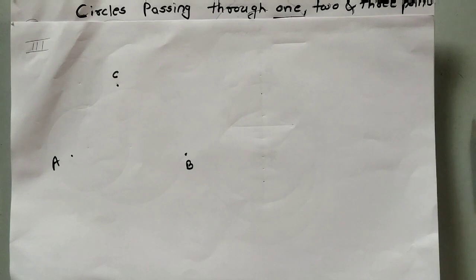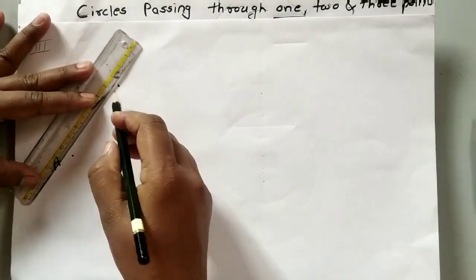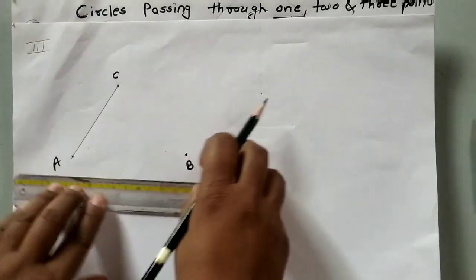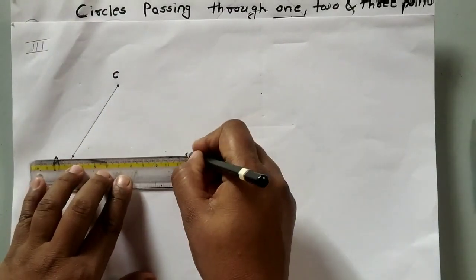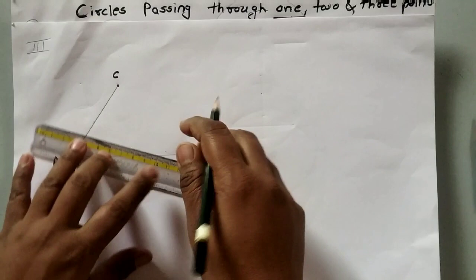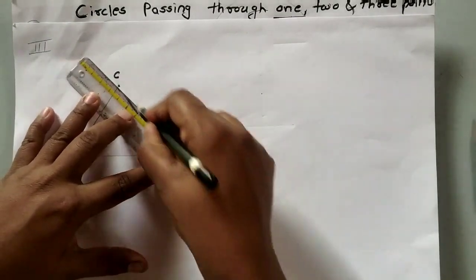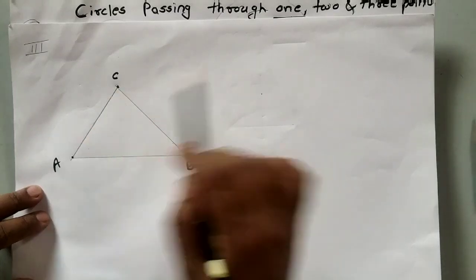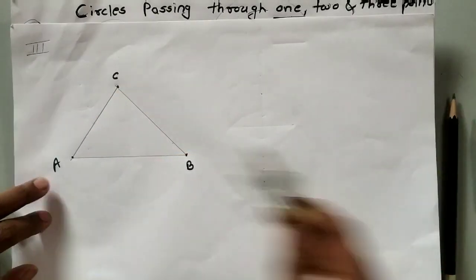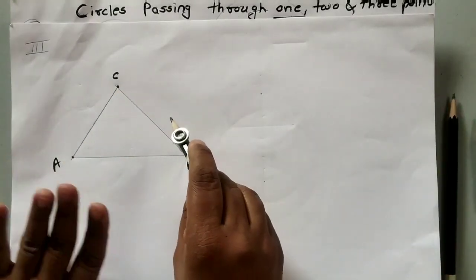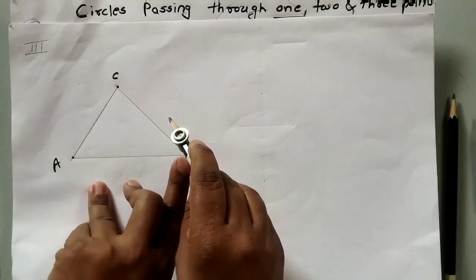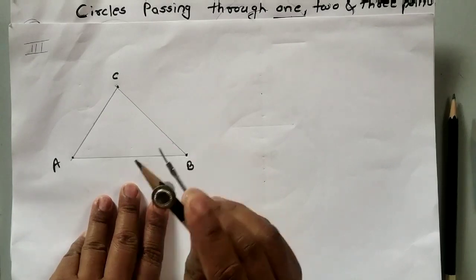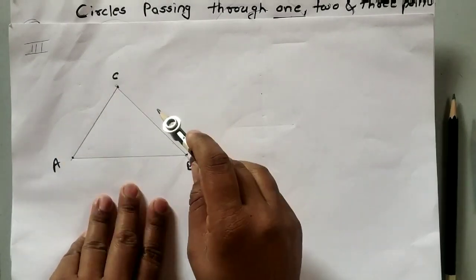You know this, and you have studied it in your intermediate and elementary exam. That time I taught you, otherwise it was maybe in 8th standard. So through these 3 distinct points I draw the triangle. Now I will draw the perpendicular bisectors for seg AB, seg BC and seg AC.